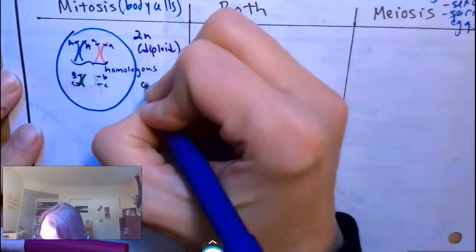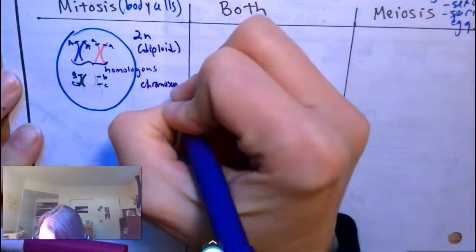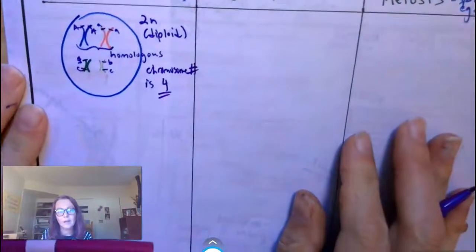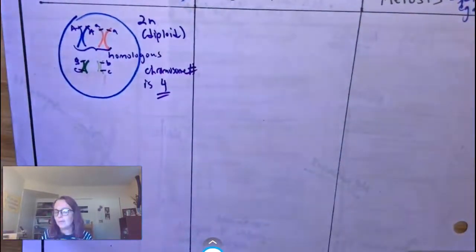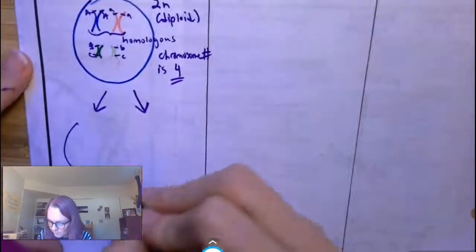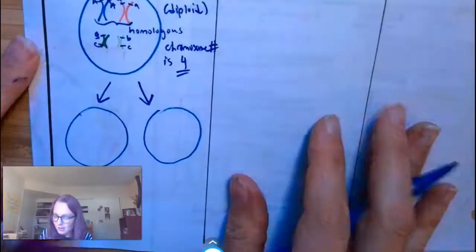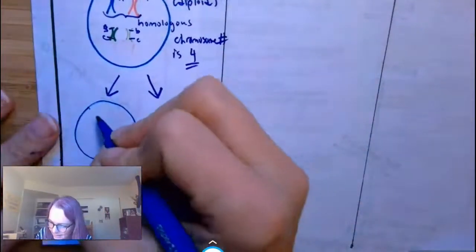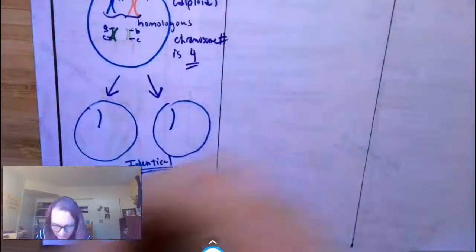And the chromosome number is 4 in this case. Well, we go through prophase, metaphase, anaphase, telophase, and we end up with 2 cells. And these 2 cells, the daughter cells, are identical to the parent cell, and they each have